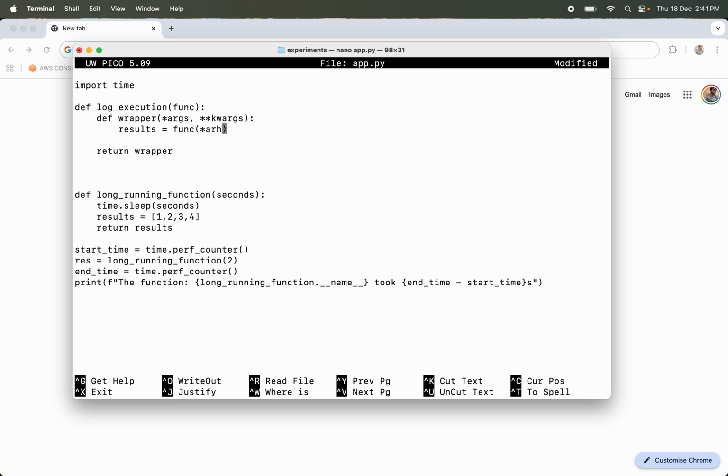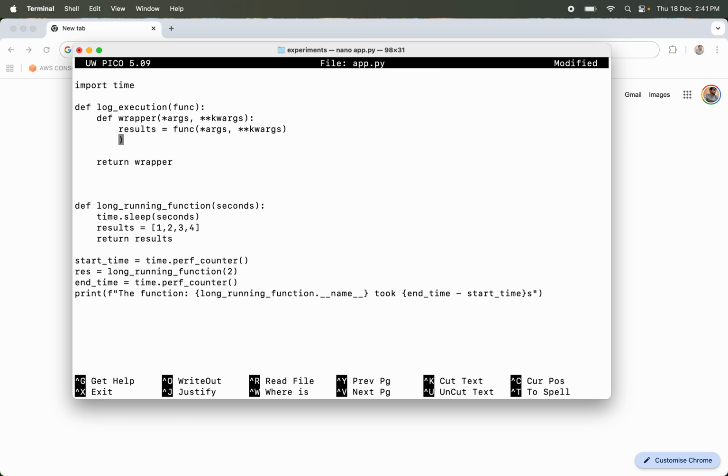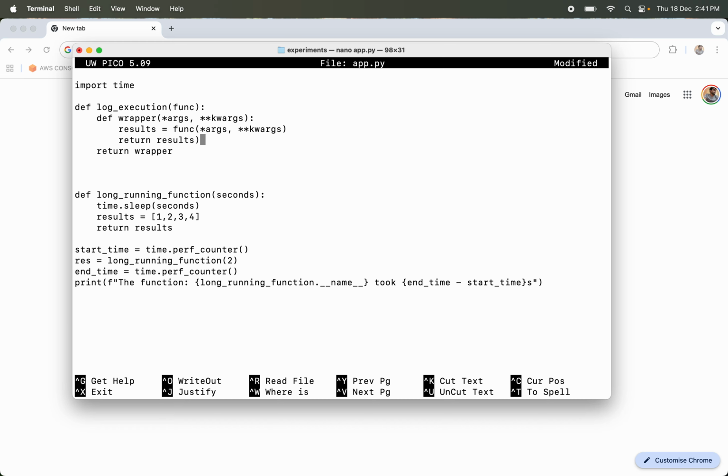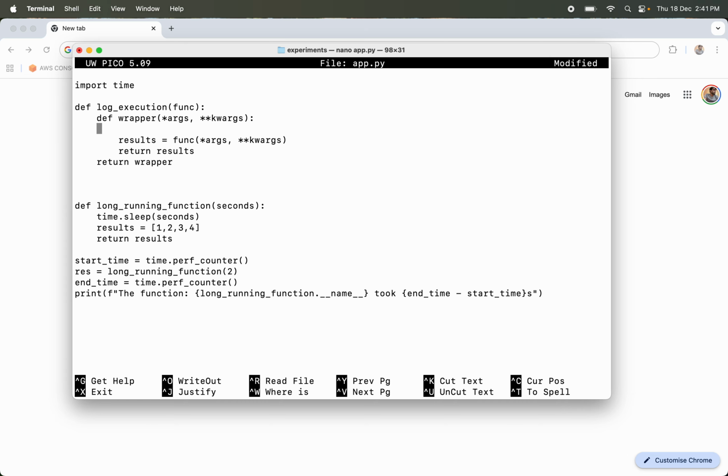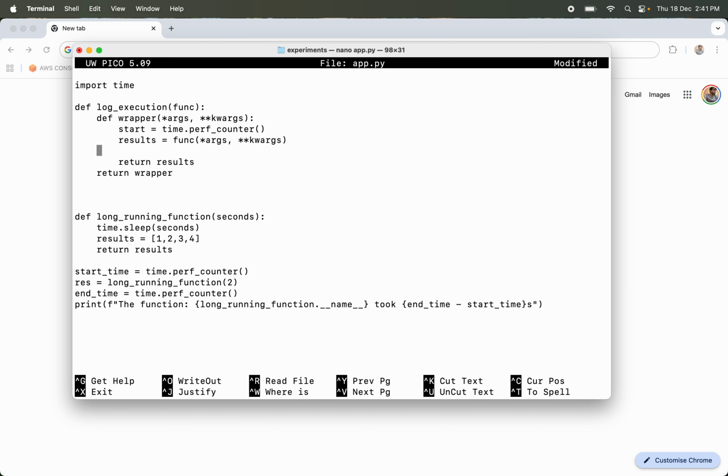and I will pass args and keyword args. Okay, and I will finally return this result. But before returning this result, I also need to do this performance profiling. So what I'll need to do is I would need to basically create a start time here. So time dot perf counter, and I would need to do the end time here. End is equal to time dot perf counter,